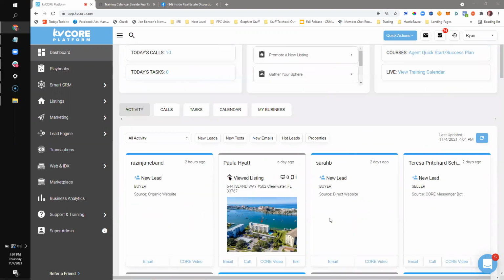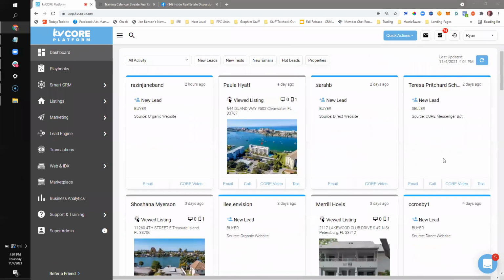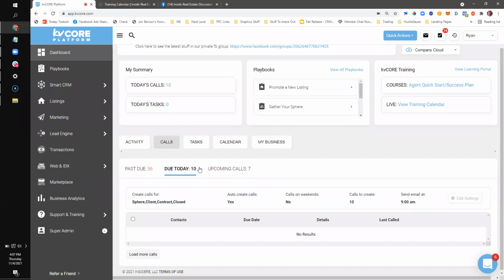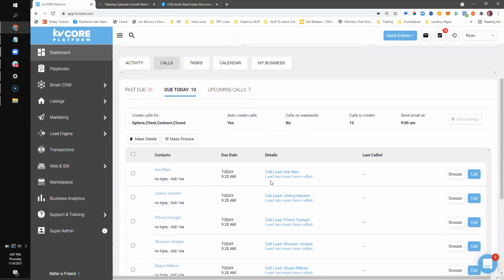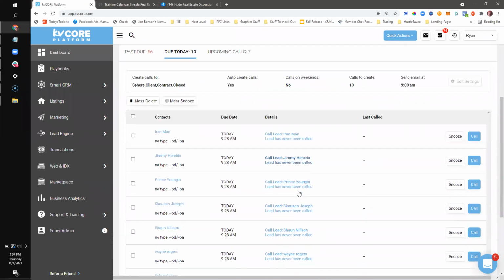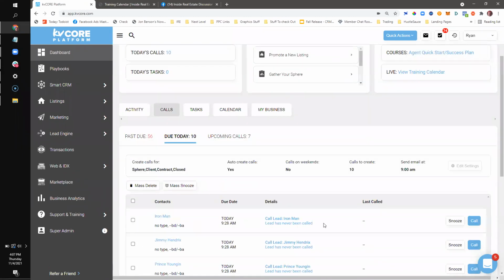So you get into that cadence where you can schedule, maybe you've got your hour with kvCORE in the morning. One of the things is the activity stream. Another one might be posting a link to social, like a squeeze link. You're definitely going to take some time to work through your calls and tasks. Right here, I've got to call Iron Man and Jimmy. The product team put some demo data in here for our upcoming sphere. I've got Bruce Wayne in mind. And definitely cherry picking that activity stream.